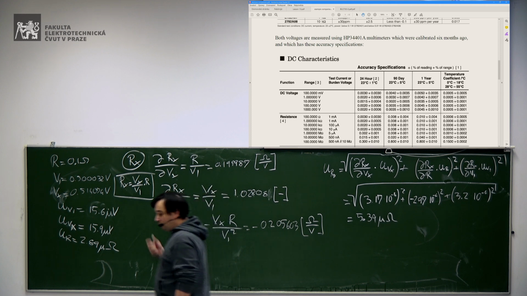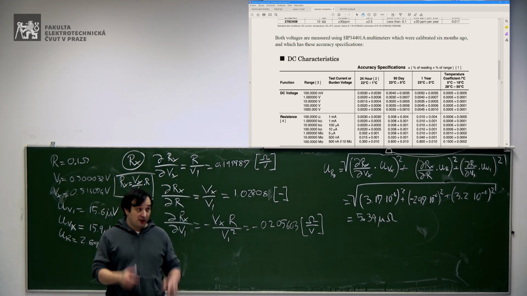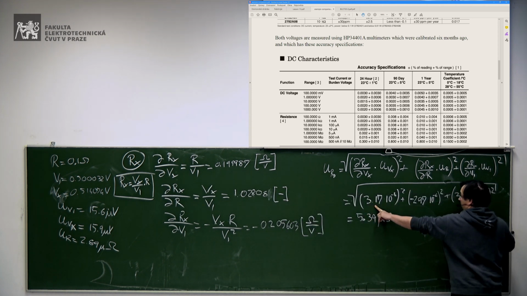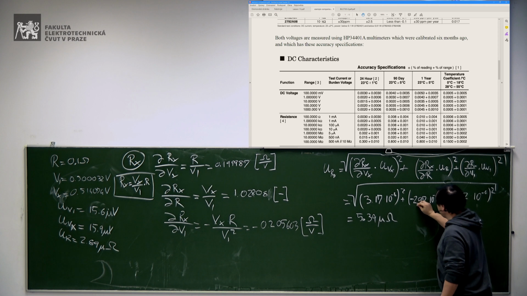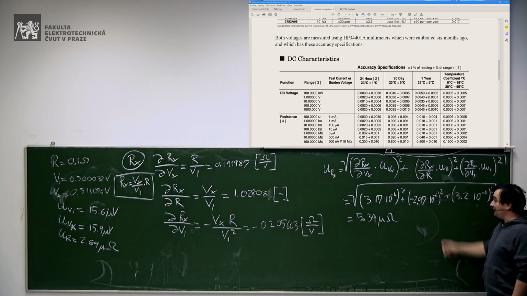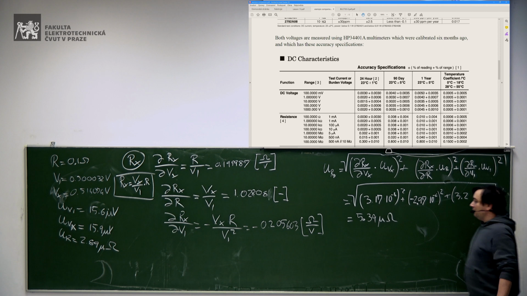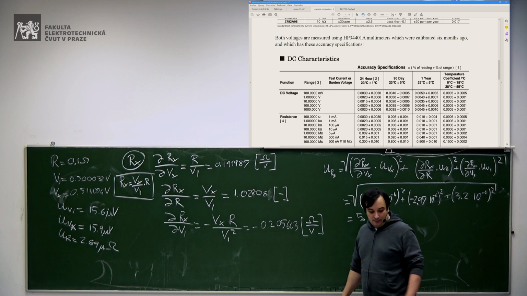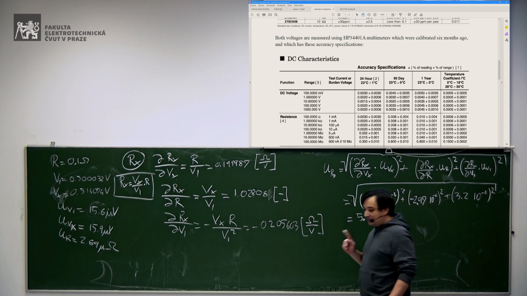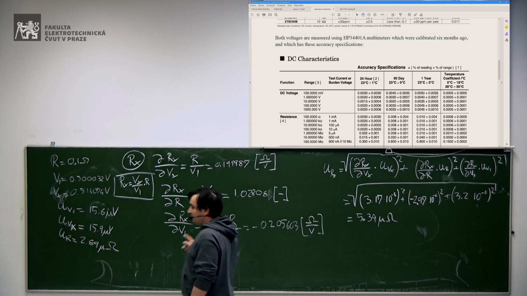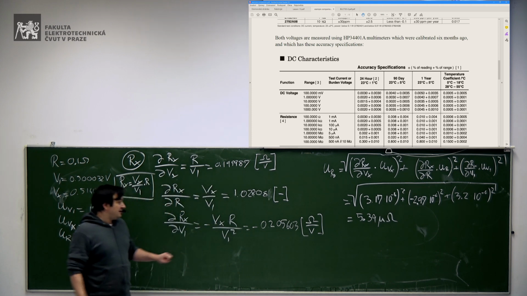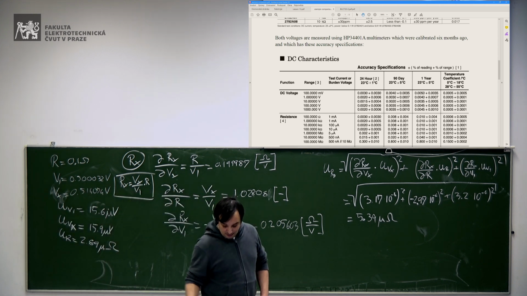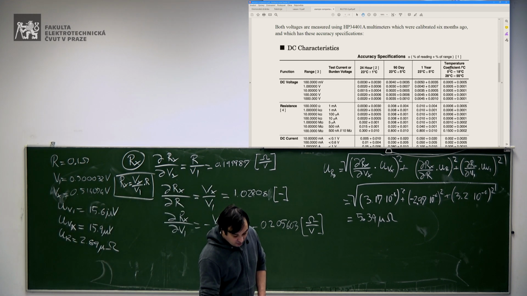It's true, you have multiple sources of uncertainty: the uncertainty of the first voltmeter, the uncertainty of the second voltmeter, and the uncertainty of the standard resistor, okay? But you get about 3.4 micro-ohms. What happens now if you measure this resistance with the direct ohmmeter that you have here on the multimeter,